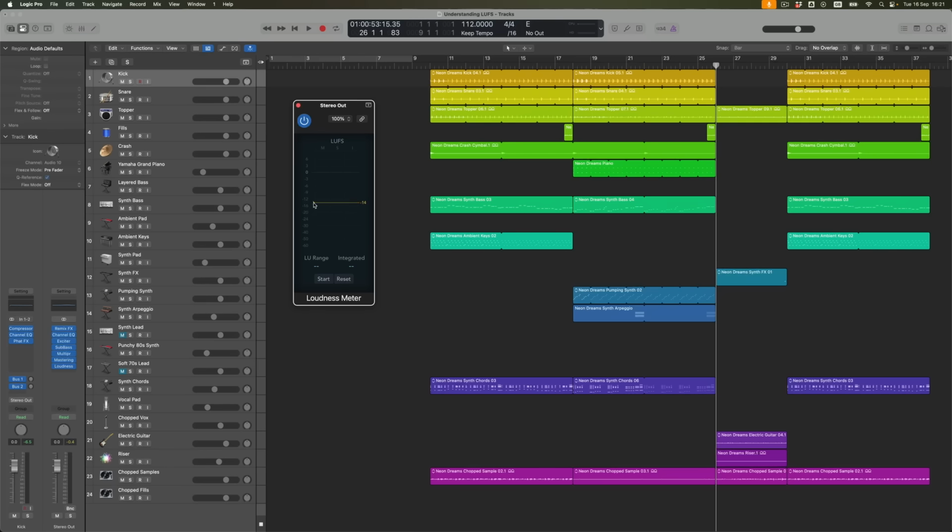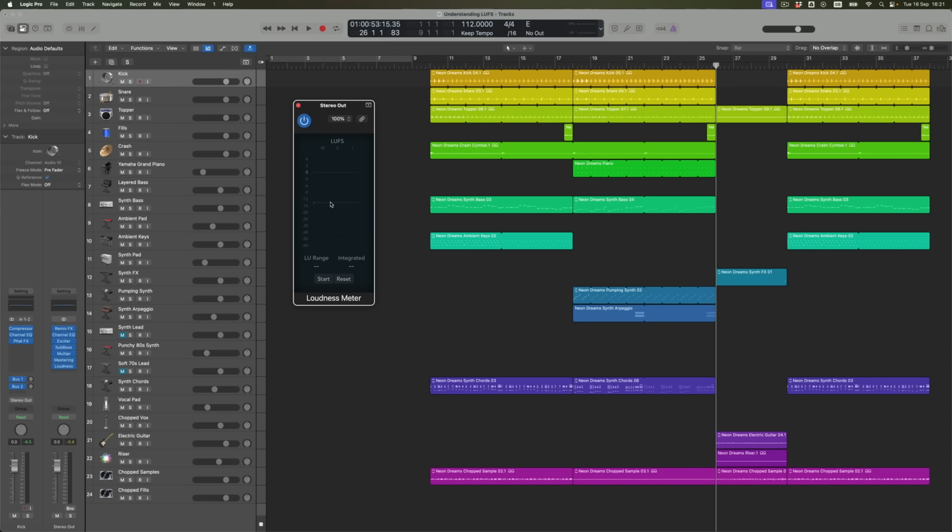Now, to understand what LUFS mean, what I've done, or what has happened by default, is that I'm in a position to set the loudness scale at the level that I like. And the reason why this is variable is because different platforms use different output volumes. So for example, Apple Music at the moment is at minus 16 dB. We're going to come back up into Spotify land at minus 14. Now what that means is, having set that line there, anything that exceeds that volume will show up as a little yellow bar above that line, showing me that that particular point in the track is too loud, and therefore if I was to upload the track in its current form to that streaming platform, its volume would be lost.